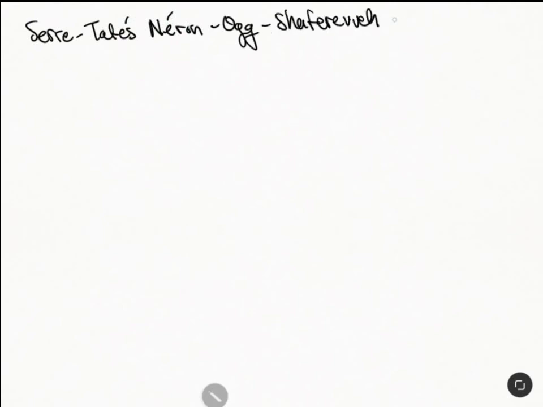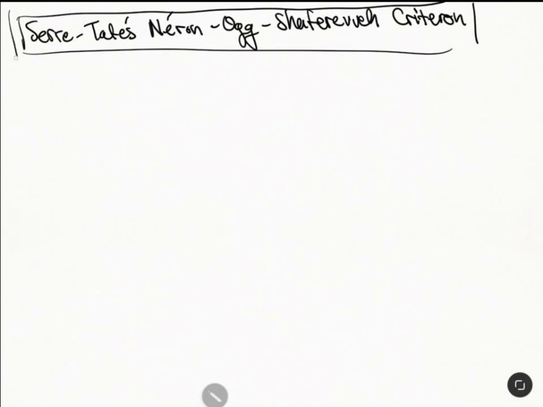Let's talk about Serre-Tate. So there's the Néron-Ogg-Shafarevich criterion. All right, and this is for good reduction of an abelian variety. So I'm going to talk about how the properties of the l-adic Galois representation determine how the reduction type, or at least the first part of a good